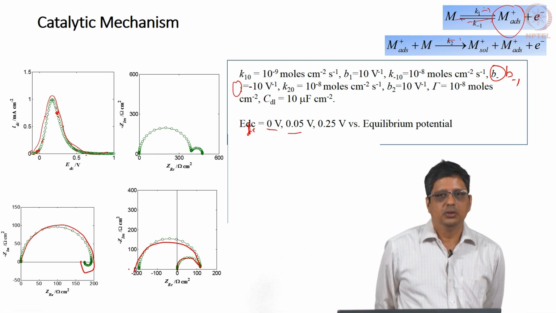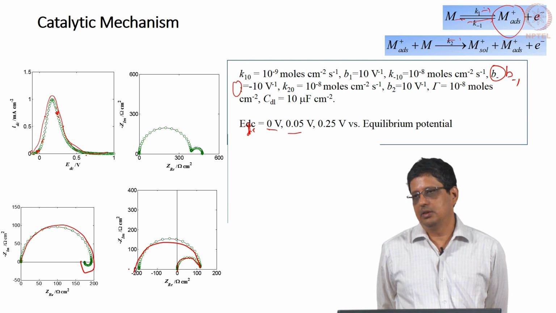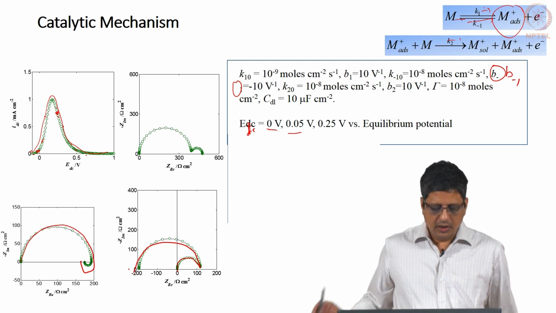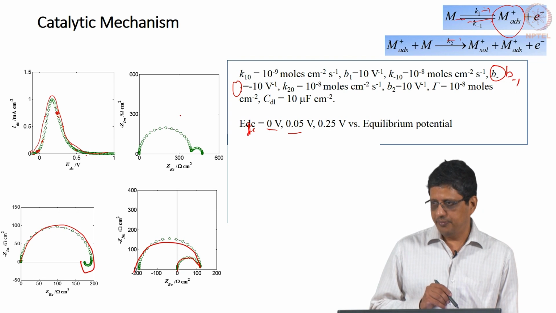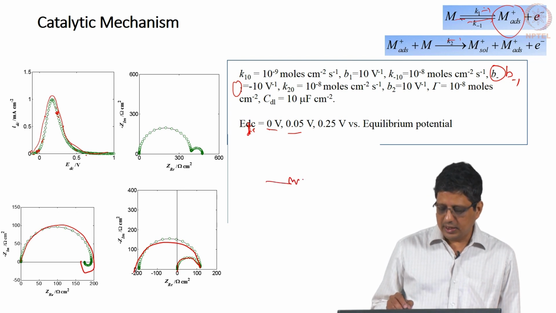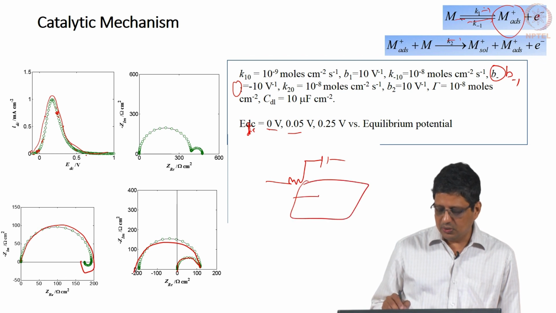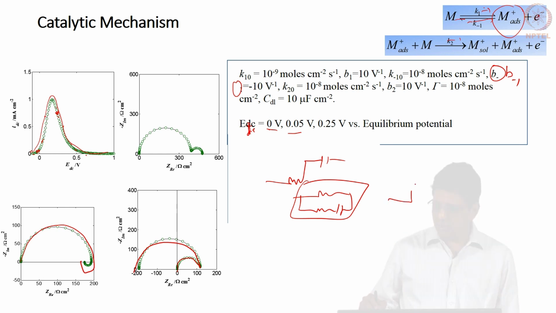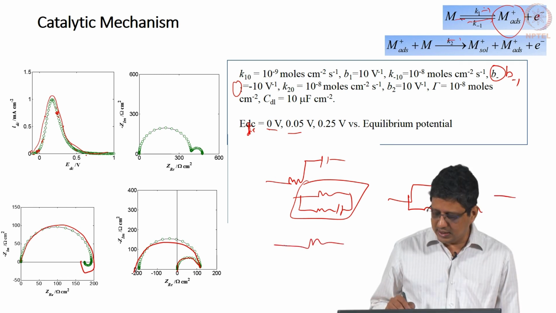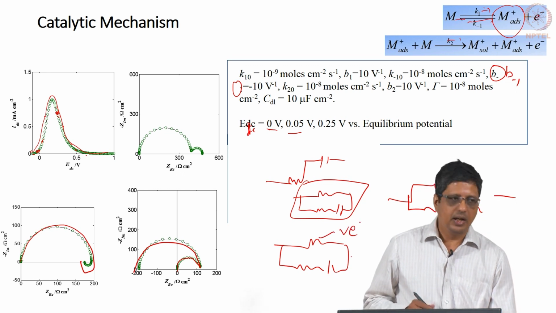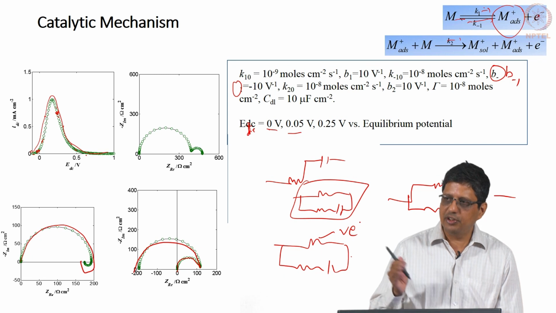Now, just think about this. If you use an electrical circuit for this, you are going to use, forget the solution resistance and double layer capacitance, for this part you are going to use a resistor, capacitor. This spectrum you are going to say, okay, this is what I am going to use. This spectrum you are going to say I will use this, but I will come up with a negative value here, and you have to reconcile the same system at different potentials.